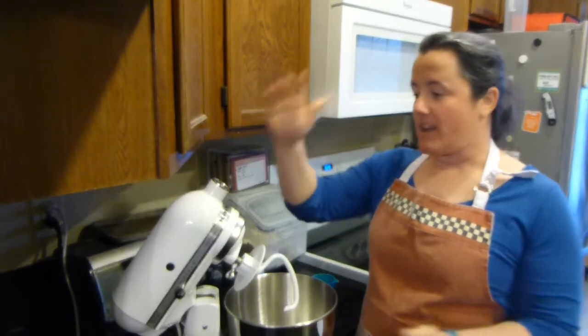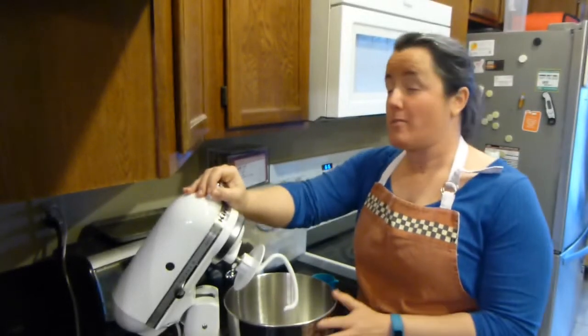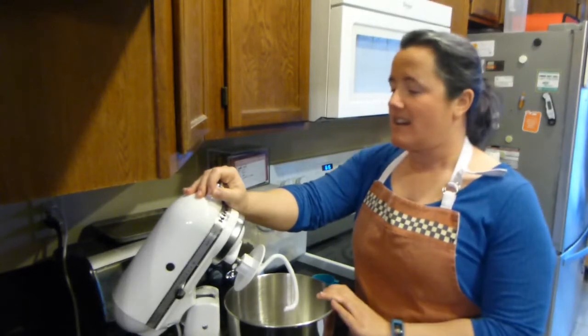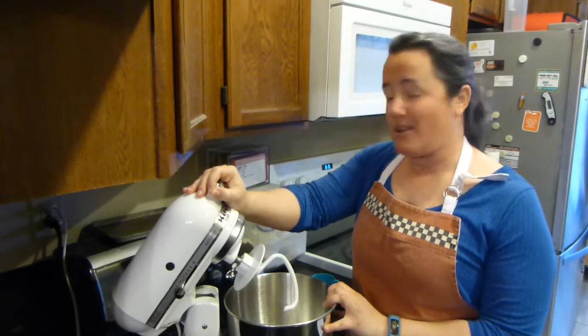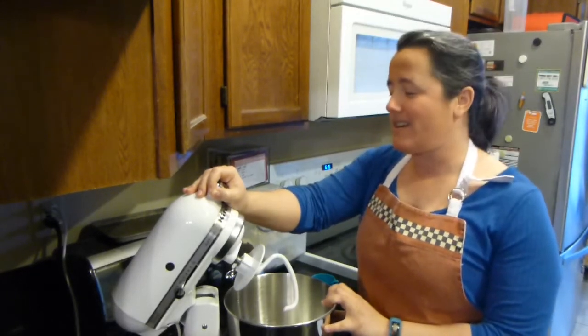So I use my KitchenAid quite a lot. If you have a bread maker, you're welcome to use that. This can even be done by hand. It just takes a little bit more elbow grease and time, but I will show you how to do it